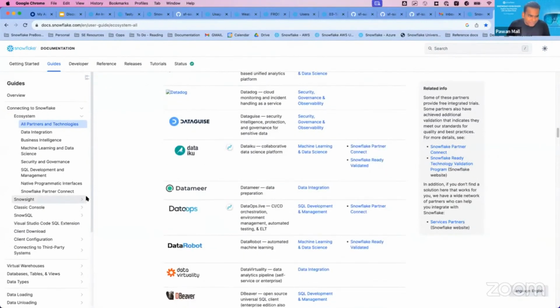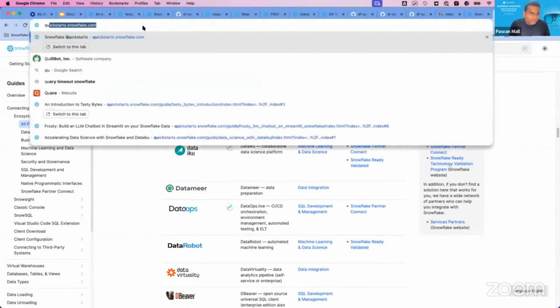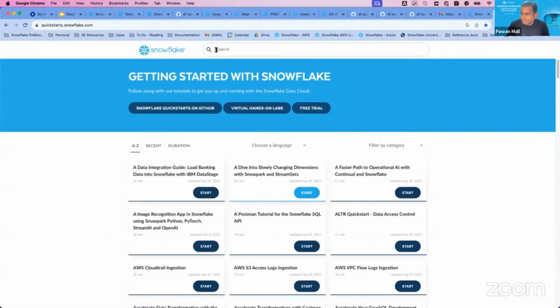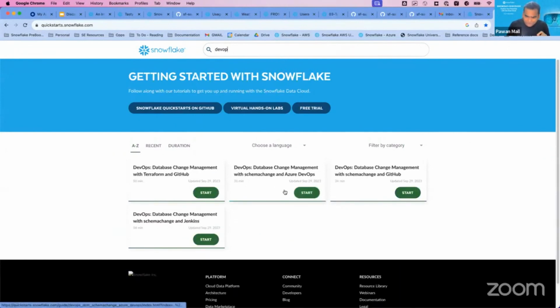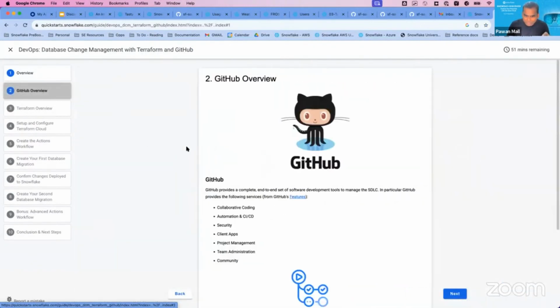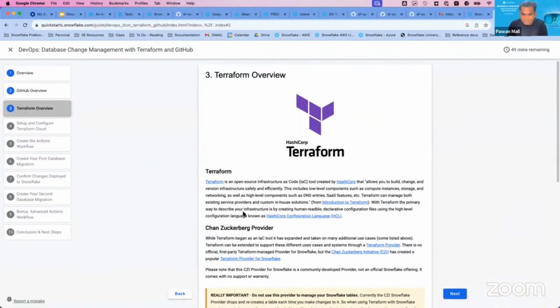Sure. So as I said, we do support it from our side. We are completely open. The best resource I can point you to, whichever tool you are using, is to go here and search for any of those tools. Let's say you are using Azure DevOps, for example, or Terraform, or you are interested to find out how a particular CI/CD tool which you have is supported with Snowflake. This is the best place to come and browse and check out. For example, let's say you want to use Terraform and GitHub with Snowflake. This is the best place. You can come in here and maybe create a trial account and just try it out.